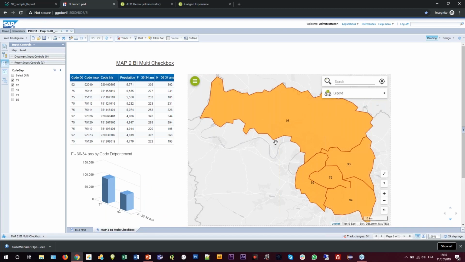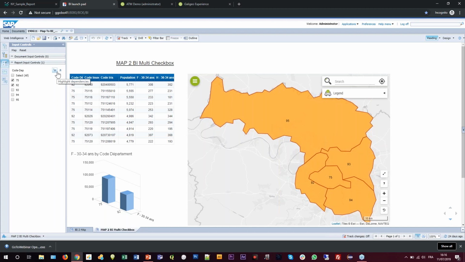And of course, if I wanted the map to be filtered as well, I could do that. The way it works is I just need to define in my input controls which charts I want the input control to have an effect on. It's quite simple. You create an input control, and then the map can interact with it. When you create a filter on the map, or when you click to make a selection, it fills the input control with the right values, and then the input control cascades it to the different charts. So to put that in place, it's just a matter of minutes,